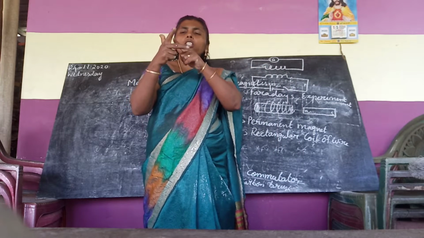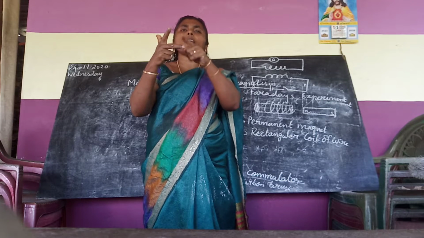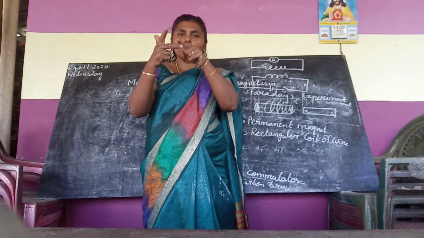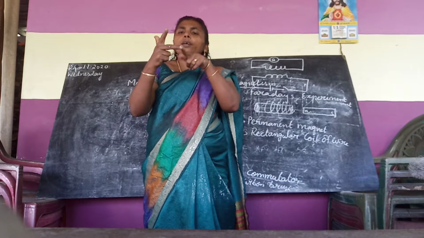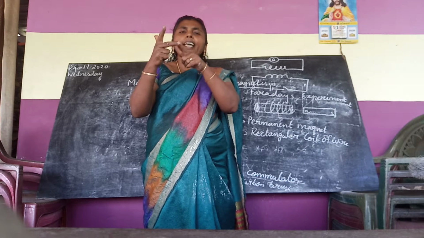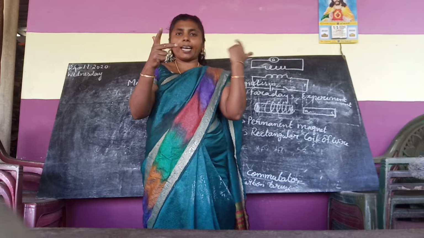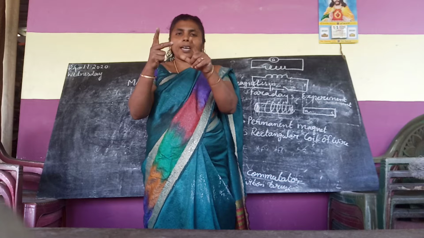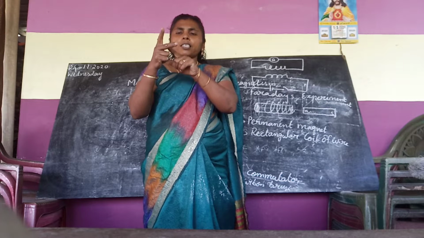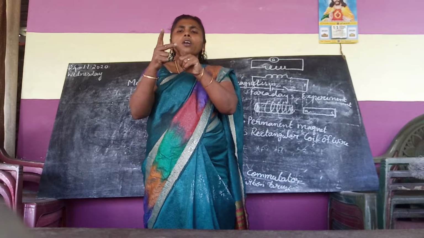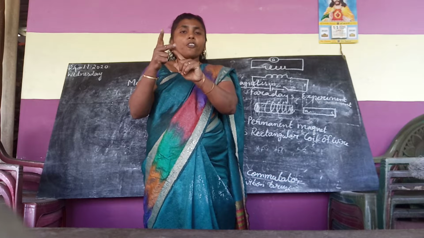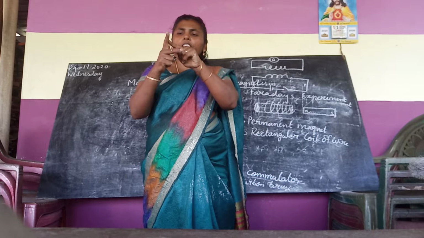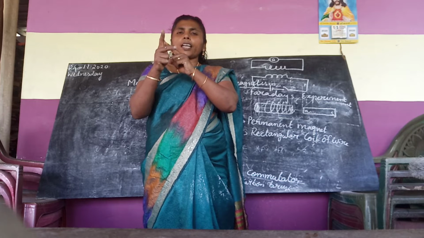The 3 fingers are also mutually perpendicular to each other. Now the middle finger shows the direction of induced current. Current we studied, but here it is induced current. The middle finger indicates the direction of induced current. Forefinger indicates the direction of magnetic field, and the thumb indicates the direction of motion of